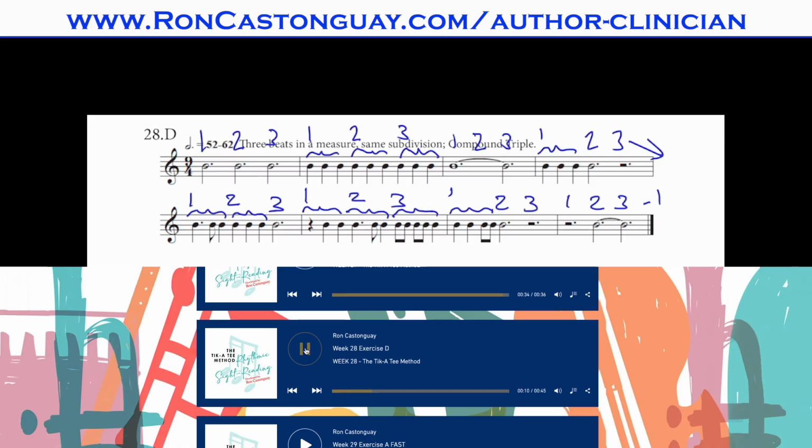One, 2, 3, 1. Ready, and ta ta ta ta ta ta ta ta ta ta ta ta ta ta ta ta ta ti ta ta ta ta ta ta ta ta ti ta ti ti ti ti ta ta ta ti ti ta